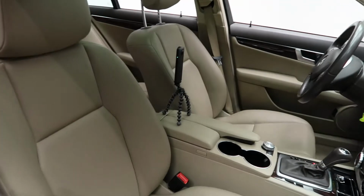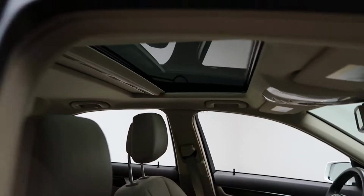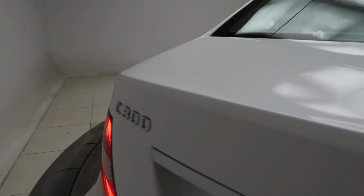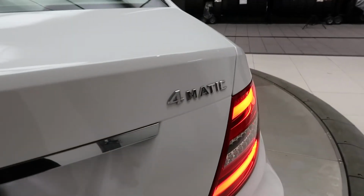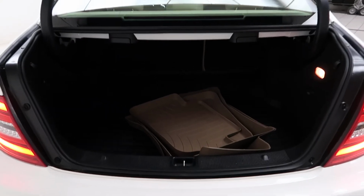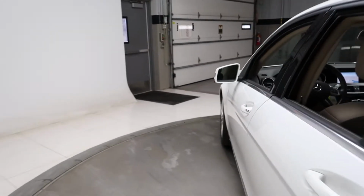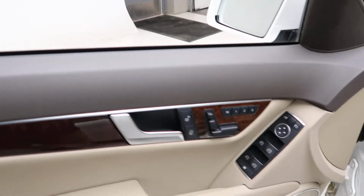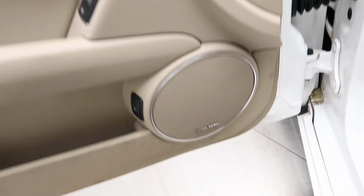An almond MB-Tex interior, sunroof, C300 4MATIC badging, set of all-season floor mats, burl walnut trim, memory seats, Harman Kardon sound system,